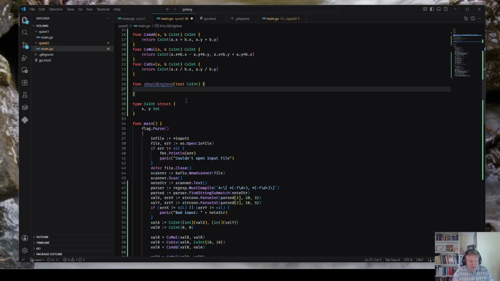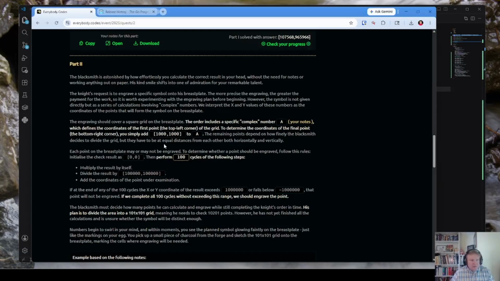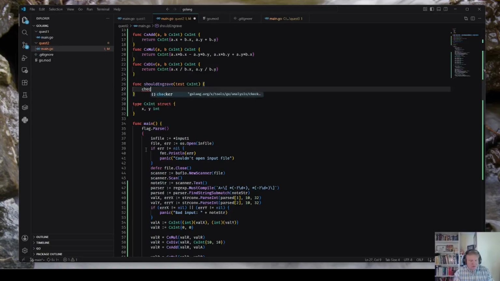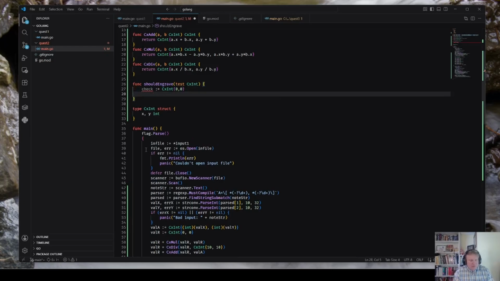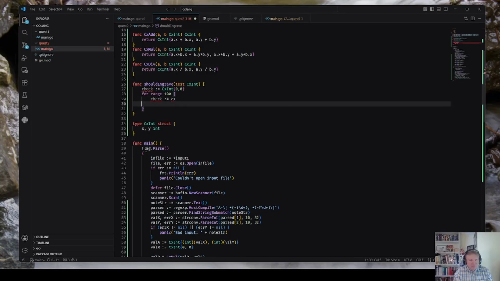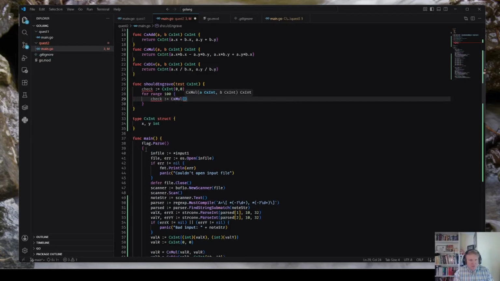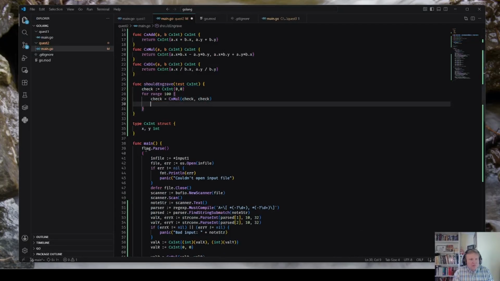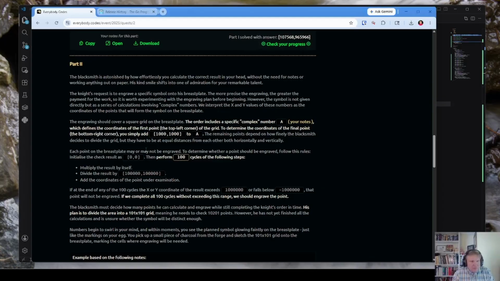And then we do check, then for range 100 do check cx mul check, multiply the result by itself.